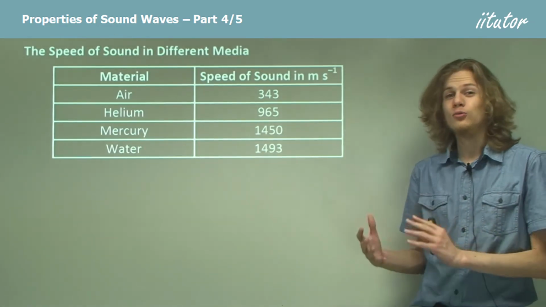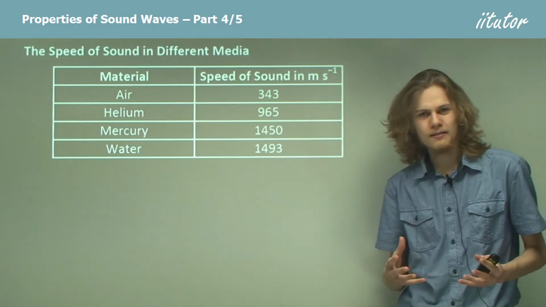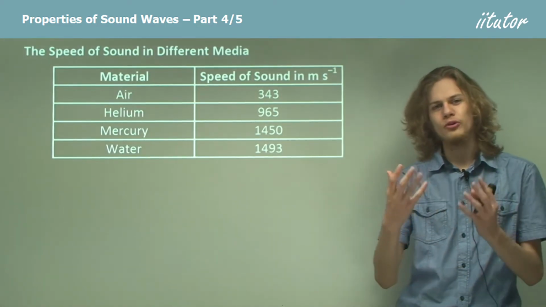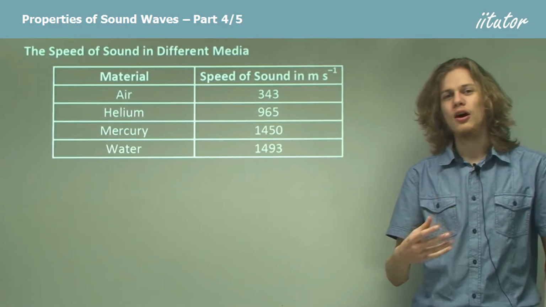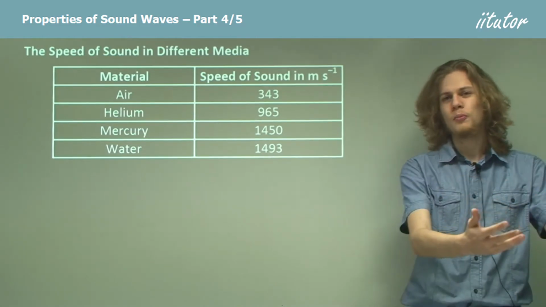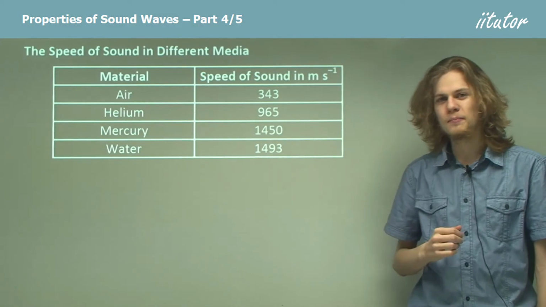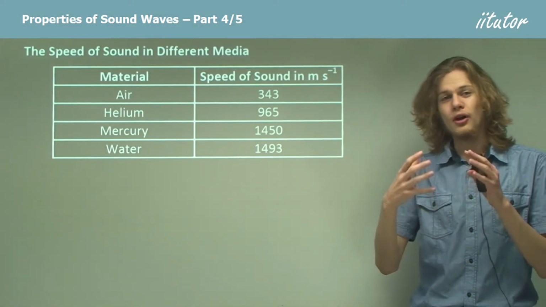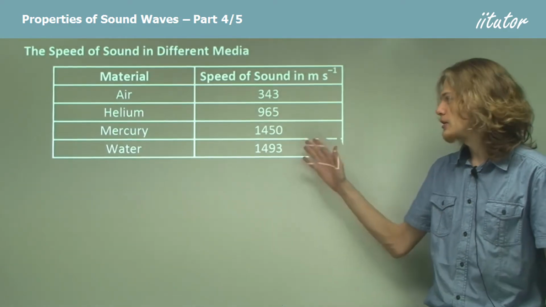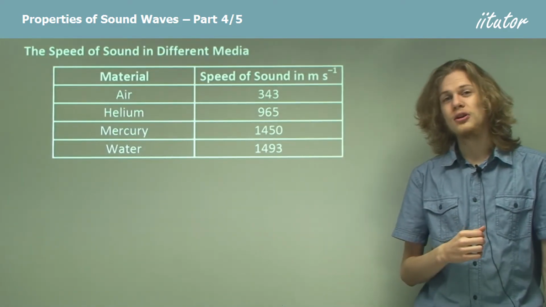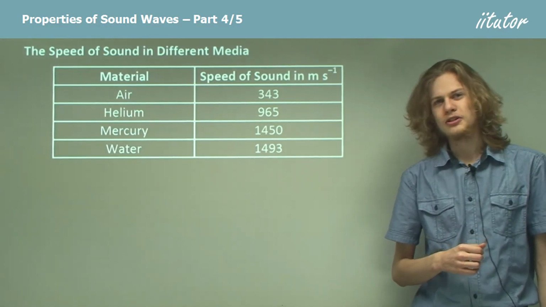That means that if you're underwater and you hear a sound, you'll hear it more quickly than if the source of the sound was above water, and so are you. Because if both the source and you are above water, then the sound will propagate through air at a relatively slow 340 meters per second. But if you and the source are both underwater, that means the sound wave will propagate through the water at a much faster 1,493 meters per second.